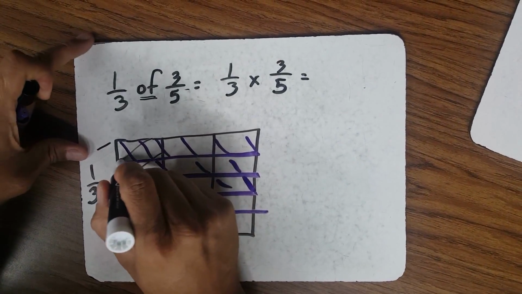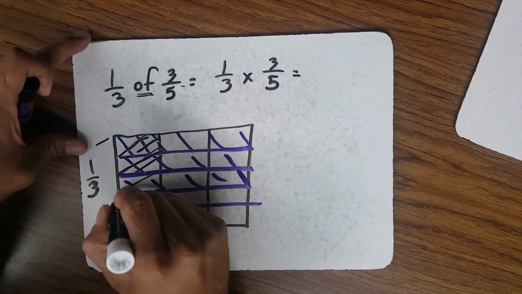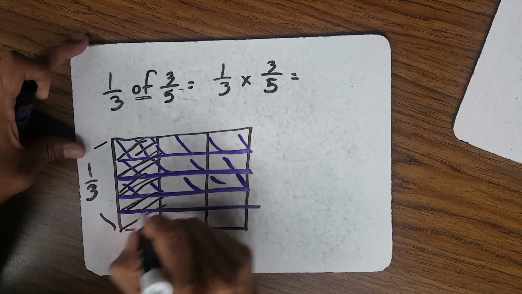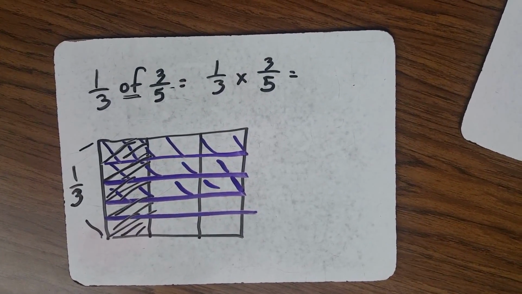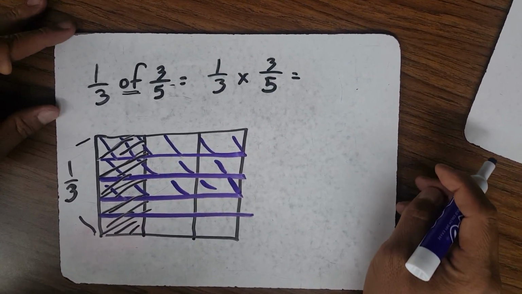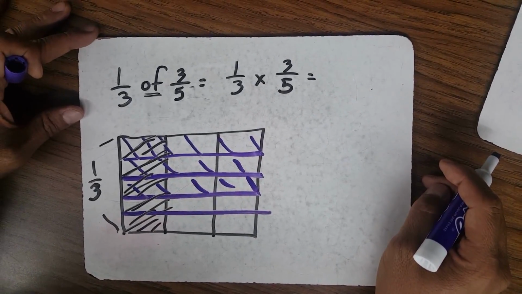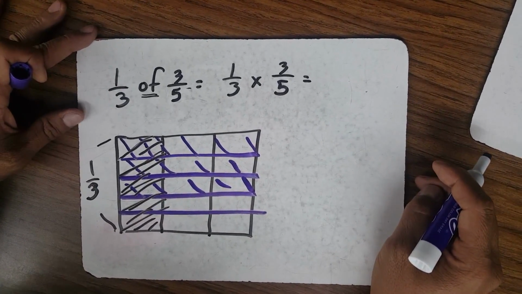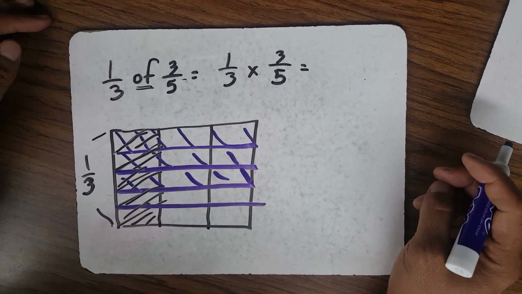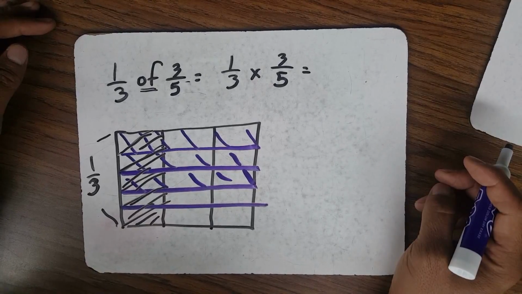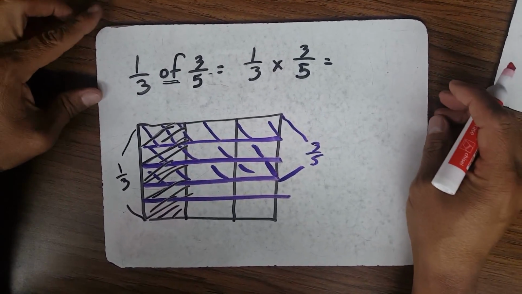Kind of gonna be hard to see it. Here are the ones that are in dark, shaded. The ones in purple are the ones that are shaded. So what's 1/3 out of 3/5? Anybody? Anybody? It'd be a perfect time if we wanted to pause and have you guys think about it. So now that you have time to think about it and figure it out,